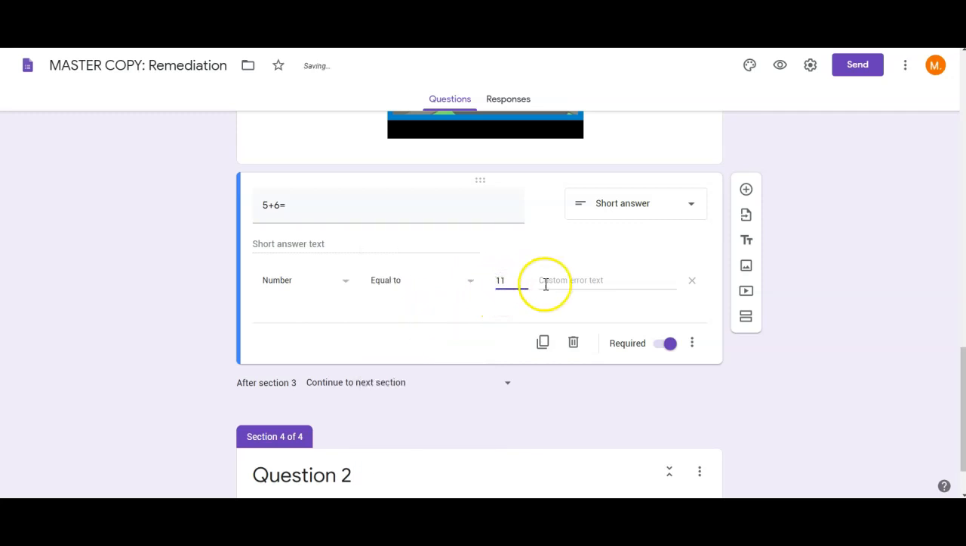That's the correct answer. If they get it wrong, what you want to do is you want to put a custom error text. So if they get it wrong, maybe there's something you want to send them to, a link or extra help or a video talking them through it. So you can put extra help here to help them with a question. And that's what pops up when they go ahead and answer it wrong. If they answer it right,